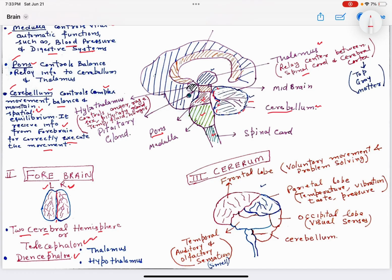So that's your forebrain right there. We just talked about telencephalon, which is right there. The second part of the forebrain is diencephalon. So this is diencephalon. It has thalamus and hypothalamus. Let's talk about the thalamus right here. We already talked about how it relays information between the spinal cord and cerebral cortex. Now the cerebral cortex is all over the brain right there. Look at this cerebral hemisphere right here. All this top portion of the brain, which is gray matter, is your cerebral cortex. When you take some advanced courses, you will see how